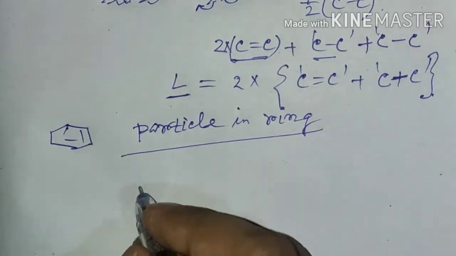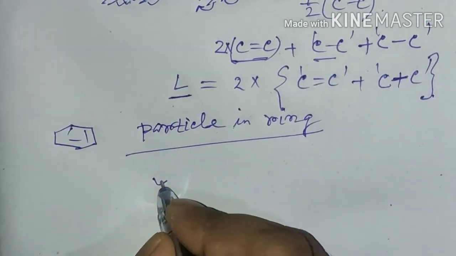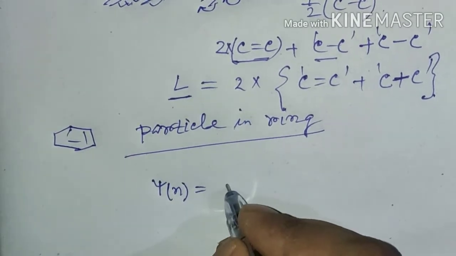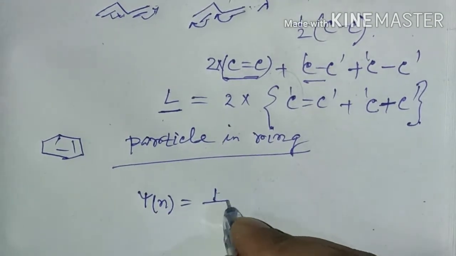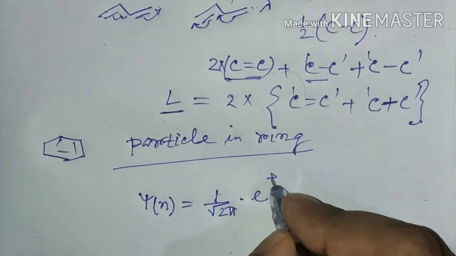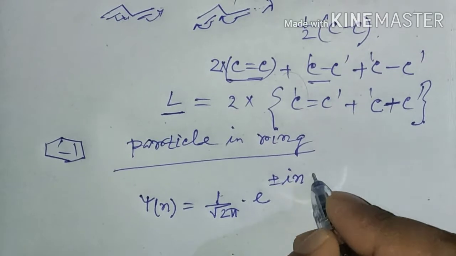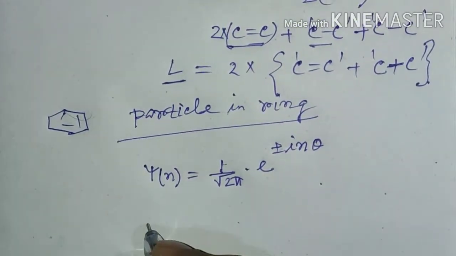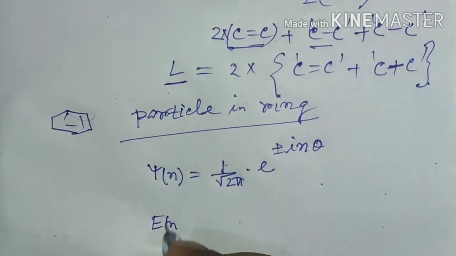In such cases, the wavefunction corresponding to nth state, psi n, is equal to 1 by root over 2 pi into e to the power plus minus i n theta, and the energy corresponding to nth state is equal to